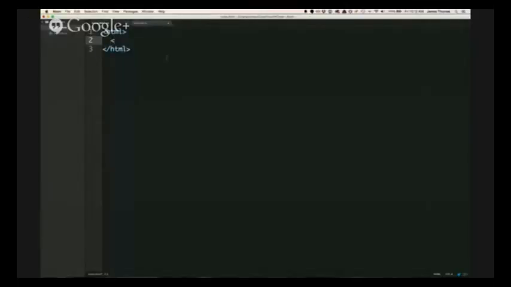Okay, so we talked about the script tag, but now we really need to know where we need to put it. So if you've ever looked at a simple HTML document, it has a pretty similar format. We start with an HTML element with this closing tag. Next, we have the head tag, and head is where we put our script tags. Head stands for header. It just means that it has content